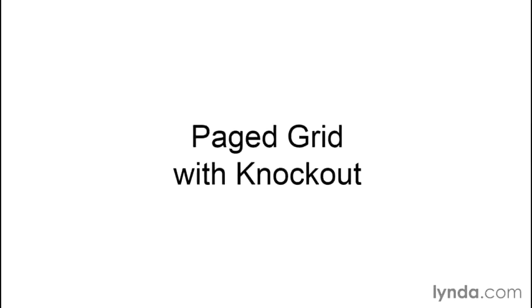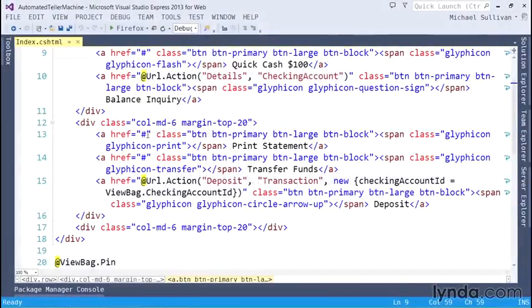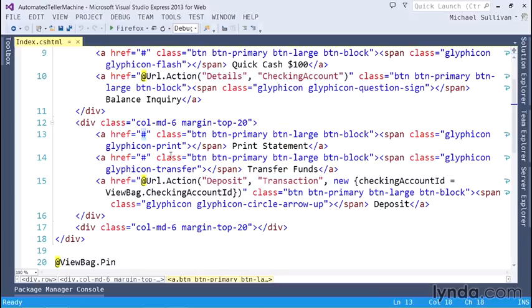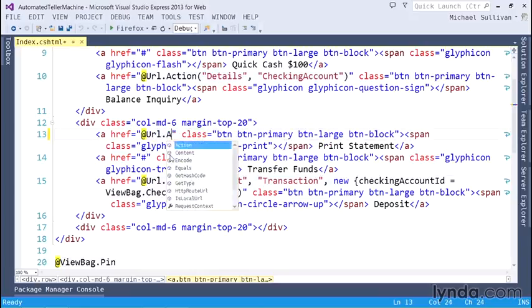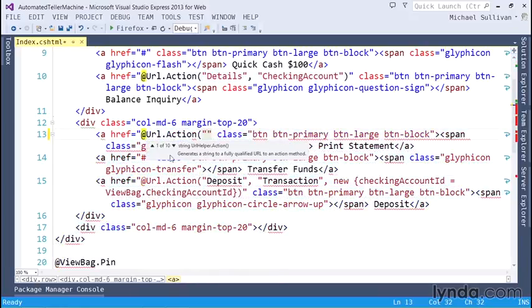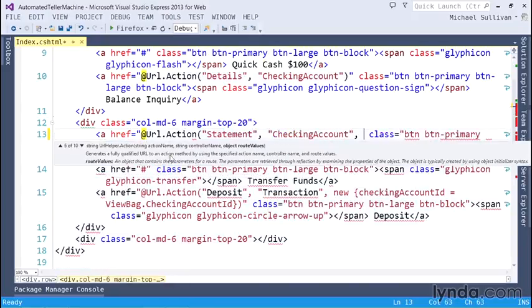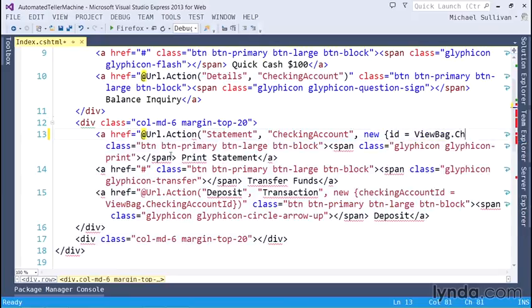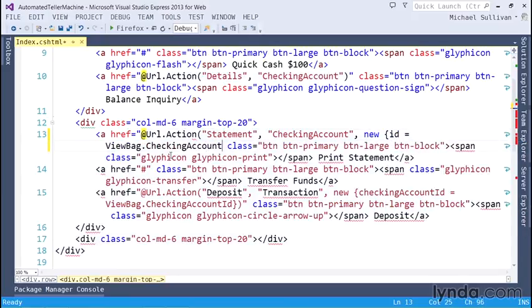In this video, I'll show you how to quickly implement a grid that includes pagination controls for displaying checking account transactions using Knockout. We're going to be adding functionality for the print statement option, so let's fill in the href value here using url.action to create a URL for the statement action in the checking account controller, and we'll pass it an ID parameter whose value will be the value of the checking account ID that's already in the view